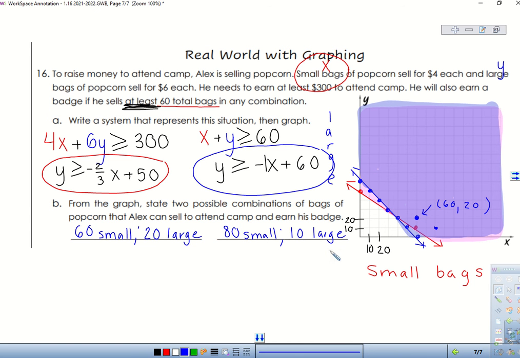What if they didn't want to sell any large at all? Is it still possible? Yeah, what if we sold just 80 small bags? Wouldn't that be enough on its own? Yeah. So does everybody understand the concept of this? Alright, cool. So